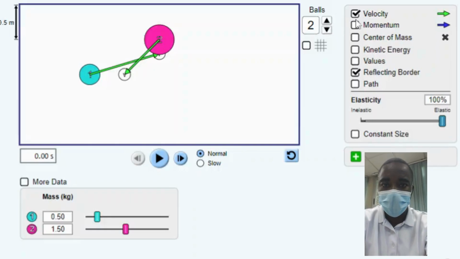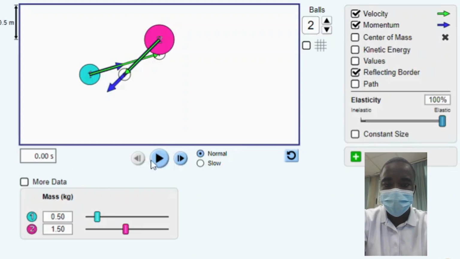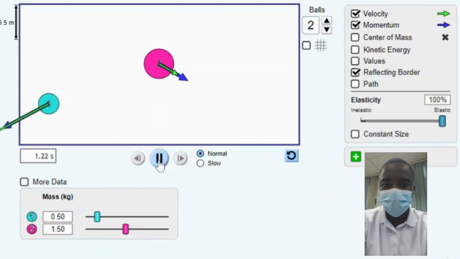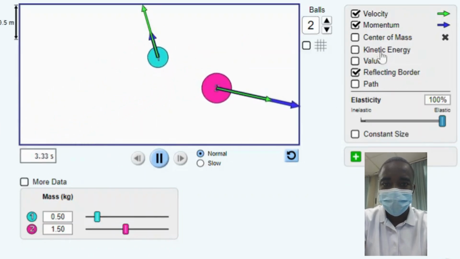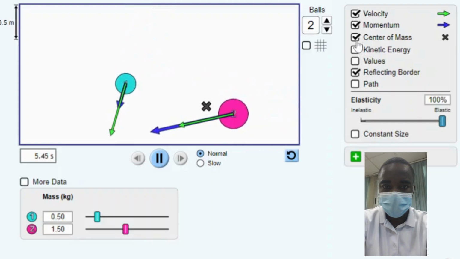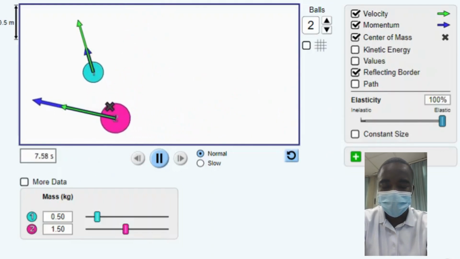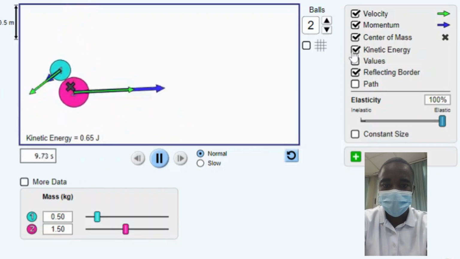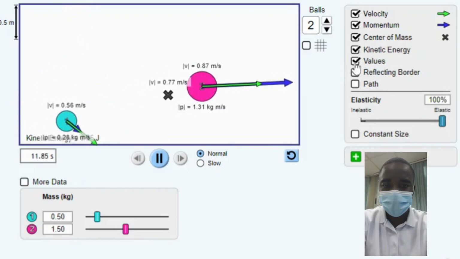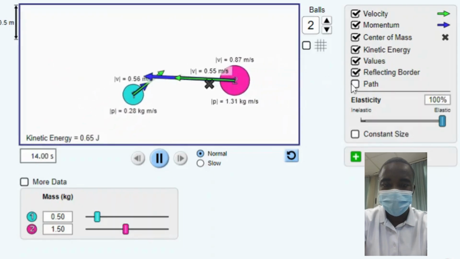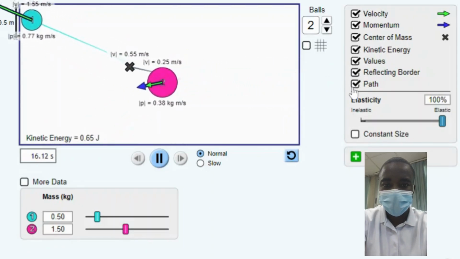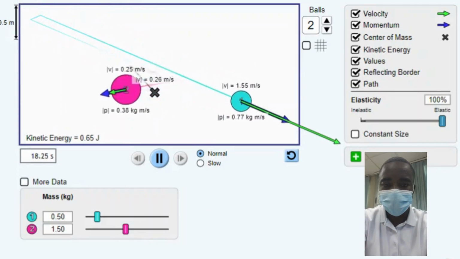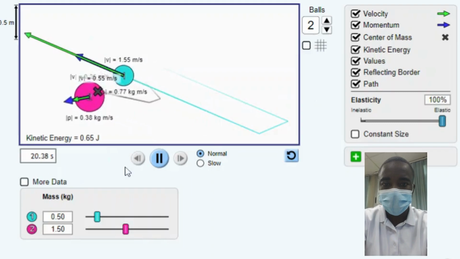The collision simulation is an interactive educational tool designed to help students investigate and understand the principles of collisions in two dimensions. By providing a hands on approach to exploring the dynamics of collisions, the simulation offers a comprehensive learning experience that covers fundamental concepts in physics. The simulation allows students to interact with up to four objects, enabling them to observe and analyze the outcomes of